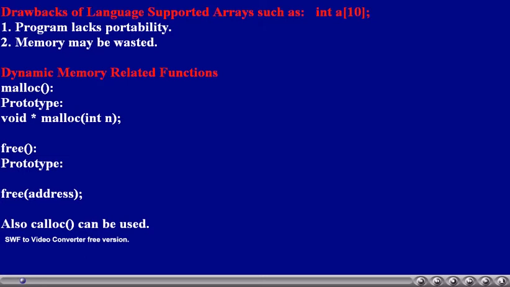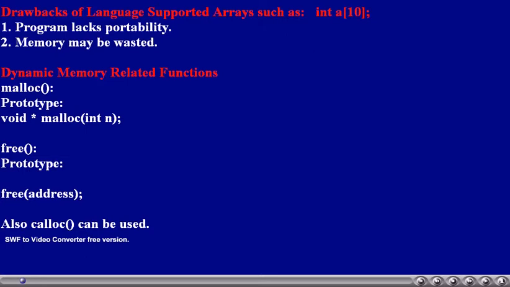Remember, if we want to see those 100 bytes as a 1D integer array, then we have to typecast the address whatever the function returns into an integer address. Thus, those 100 bytes can be seen as an integer array. Of course, the same we can see as a 100 element character array if we want. To see that, we have to typecast the address whatever the malloc function returns to a character address.